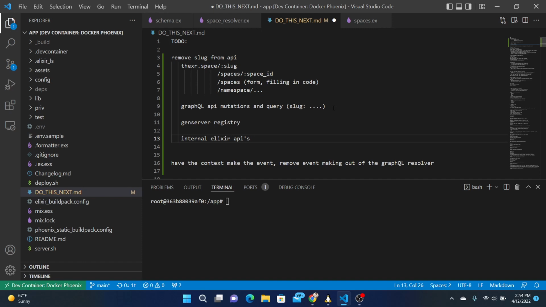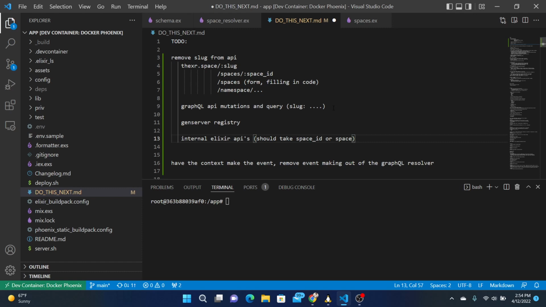Any place that can take a space can also take the space ID, so I think we'd rather opt for space ID rather than space, unless you need both. If you need something on the space and you already have the space ID or space.